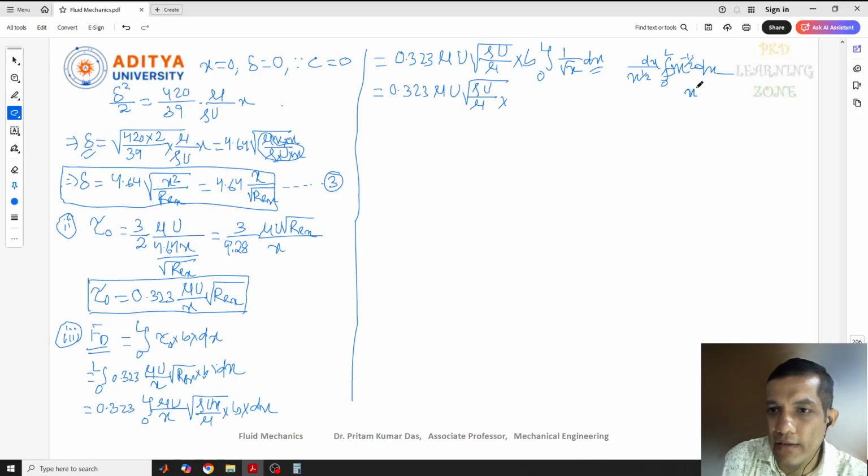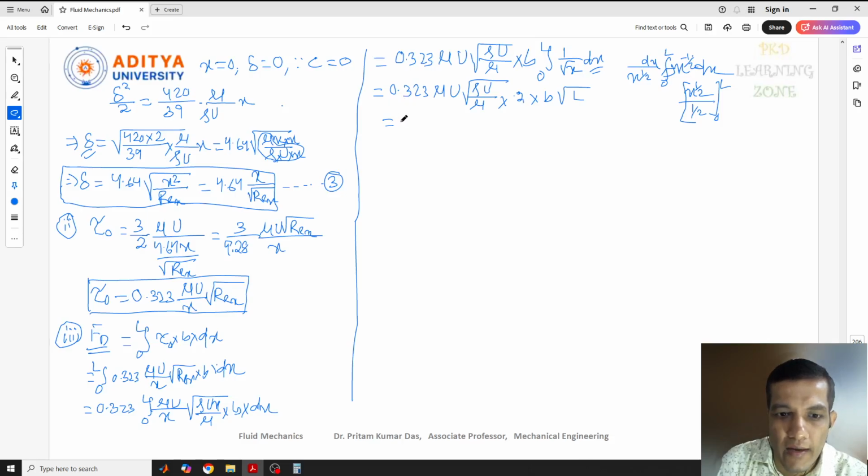What we will get here, this is 1 by 2 and here 1 by 2, and we will get minus 1 by 2 was there, so 1 minus 1 by 2 will be there, from 0 to L. So once you solve this one, we'll find the final equation, which I'm writing here: 0.2323. Now we need to write here 2 into this one into b into root over of L. Okay, so this will be there, and finally you can write this one, 2 into this one,